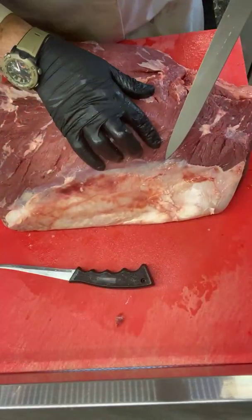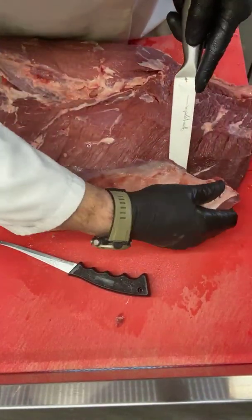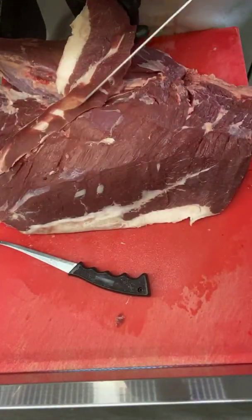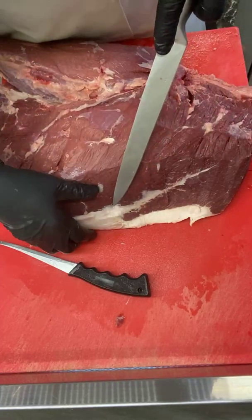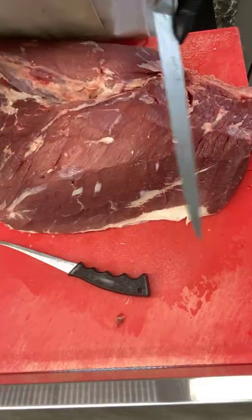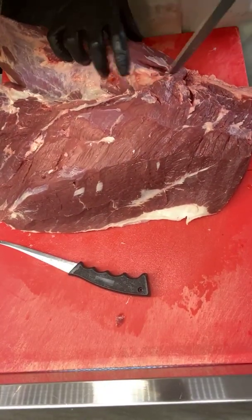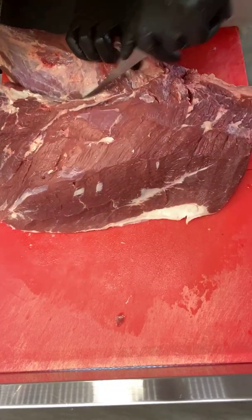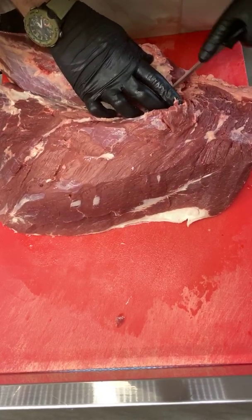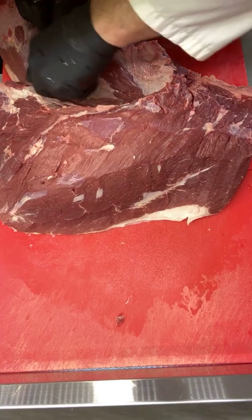With this one now, what I might do is take the big blade and try and get that off in one chunk. Look at that. A little bit of meat on there, but that's fine. I can't get over how sharp this blade is. It's seriously wicked sharp. It's scary sharp. You've got to be very careful if you are trying to be careful now separating